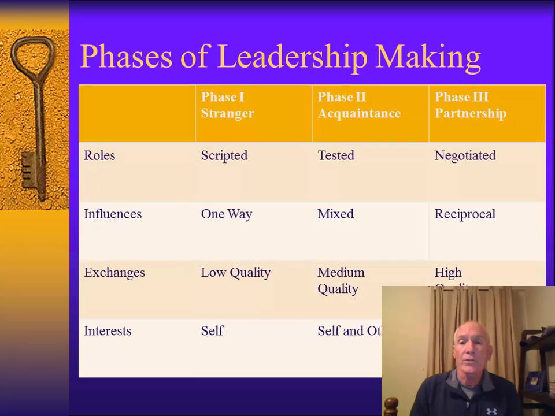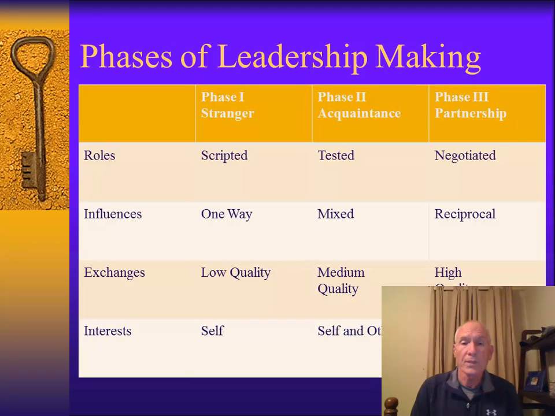party. As the relationship matures, it may move into the partnership phase. And these roles are negotiated, and again, that's highly dependent upon levels of trust and levels of technical and professional expertise and ability. The influences are reciprocal. The follower influences the leader and the leader influences the follower, typically at a more frequent level than in an acquaintanceship. The exchanges become high quality, and the interests that are served typically are of the larger group that they're both